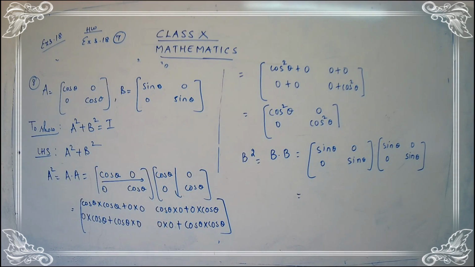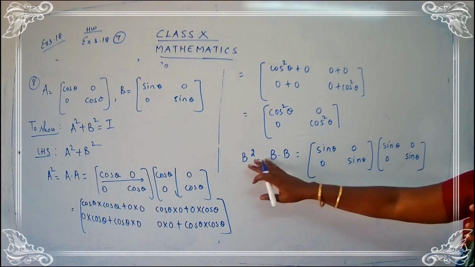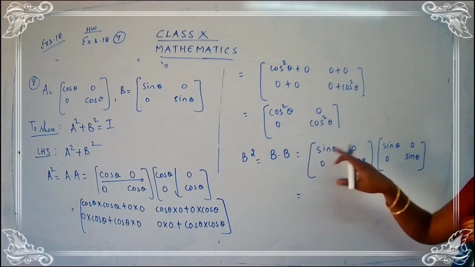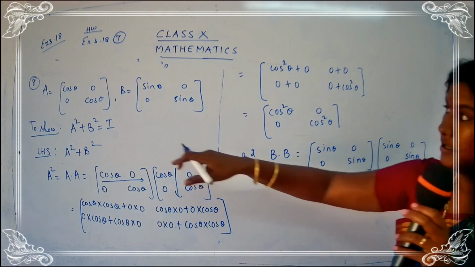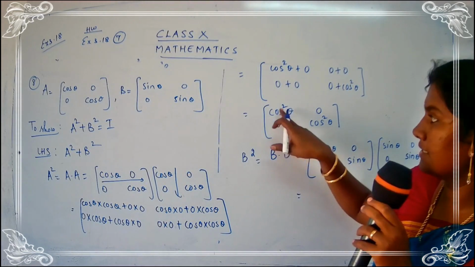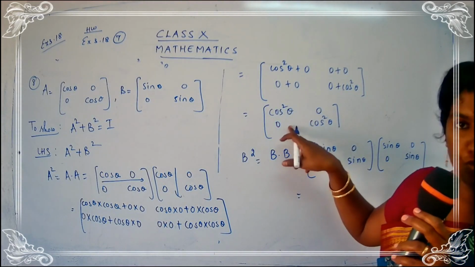Okay. I hope you have taken down. I hope you have started with the step. Let's have a check. This is sin theta 0. So do not just square the matrix directly. You have to write the product. Like b square means you have to do b into b. Then only you will get the answer for b square. Just do not put here square square. You may ask, ma'am, here it's cos theta 0, 0 cos theta. And we are getting the answer as square only. Like square, 0 square is 0.